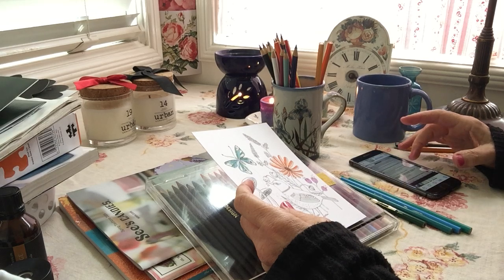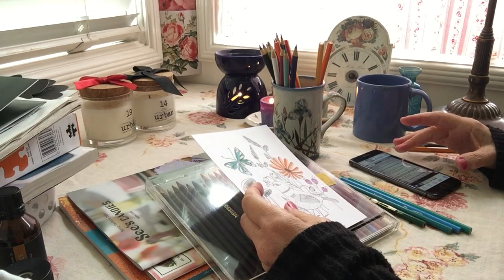Country magazines. I keep having to scroll through all the old ones to where